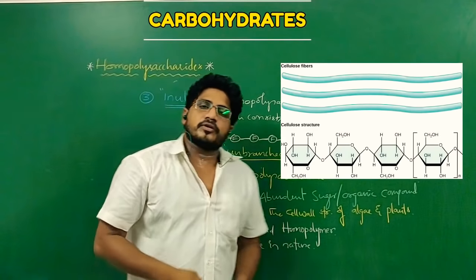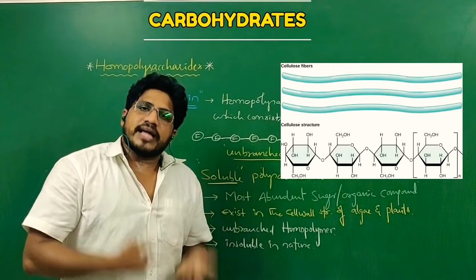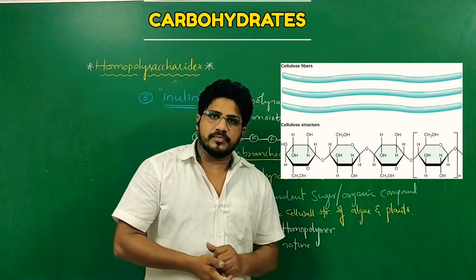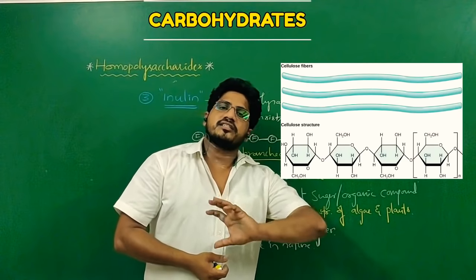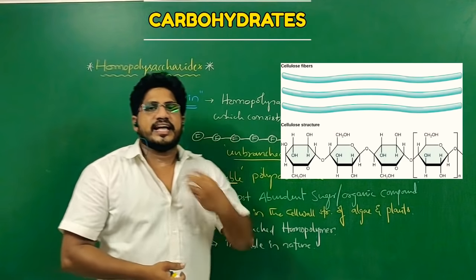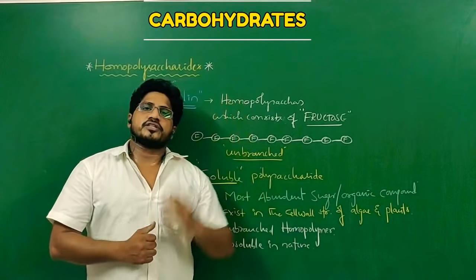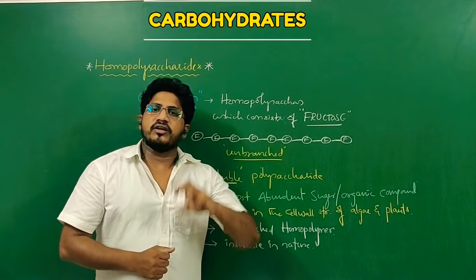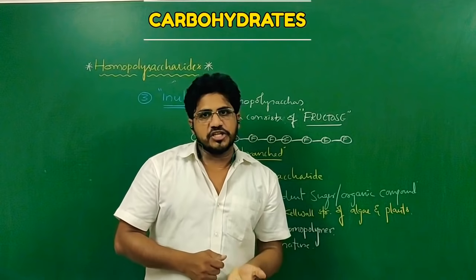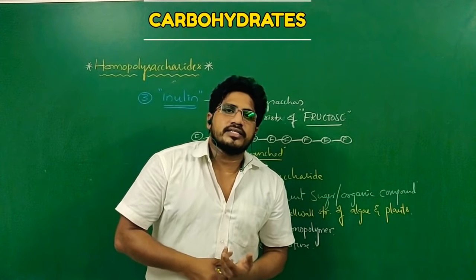Another important thing about the cellulose is we cannot digest the cellulose in our digestive system by any enzyme, because to digest this polysaccharide we need an enzyme called cellulase. Over the process of evolution of human, the cellulase enzyme producing organ appendix became vestigial, so that cellulase enzyme was absent.